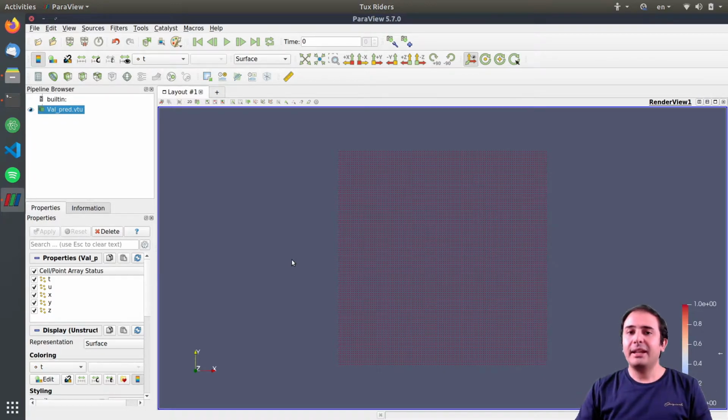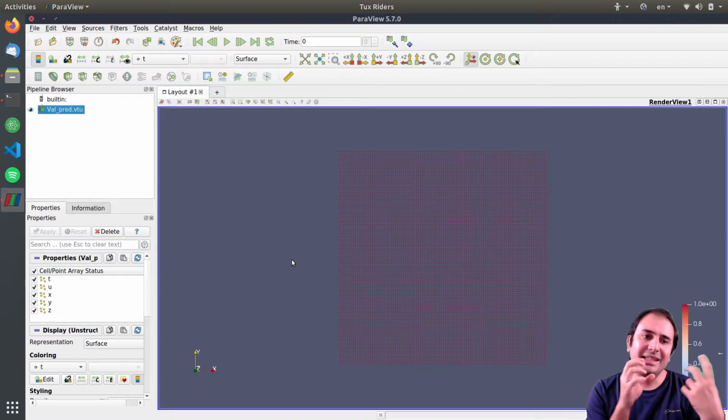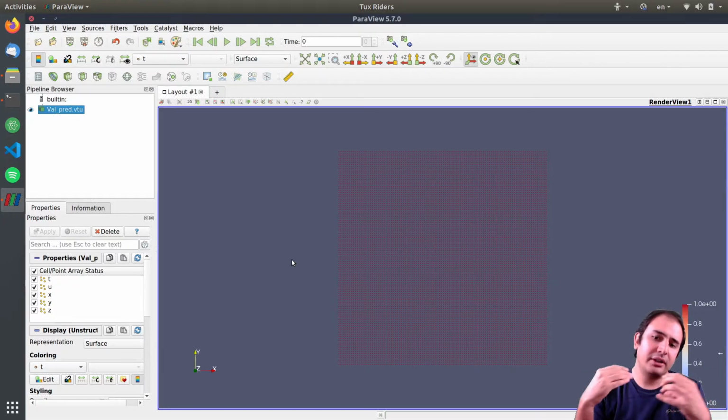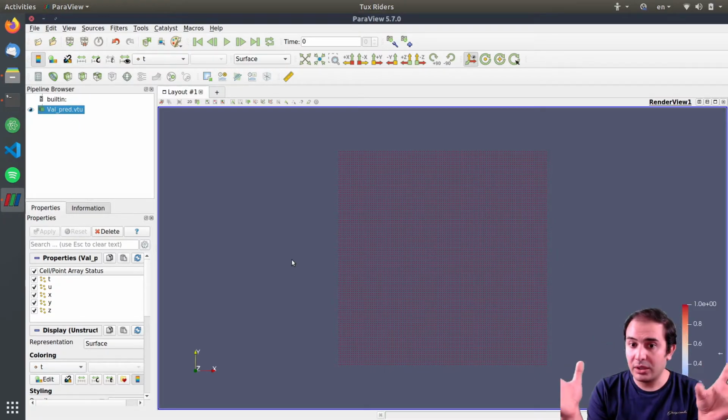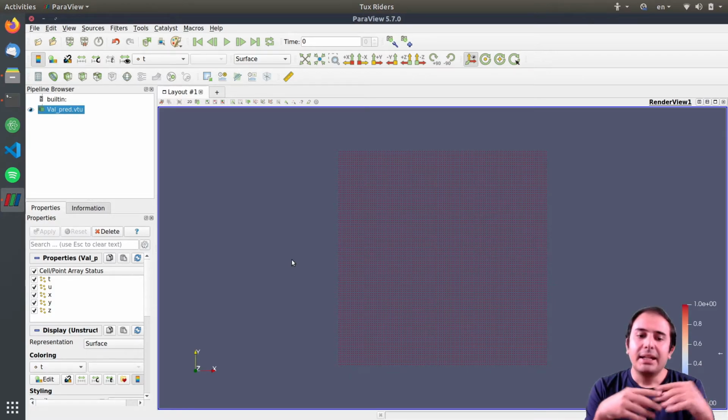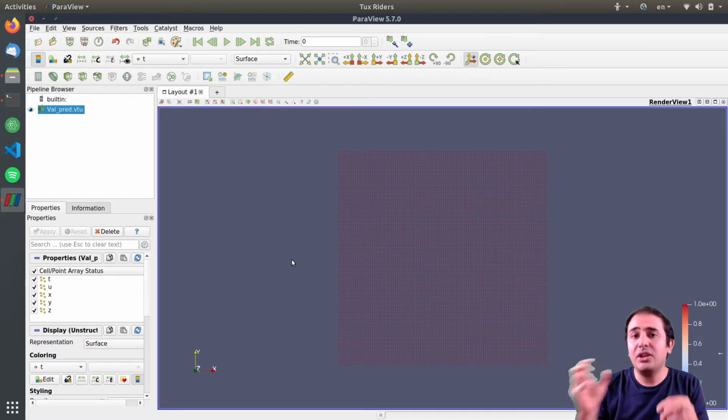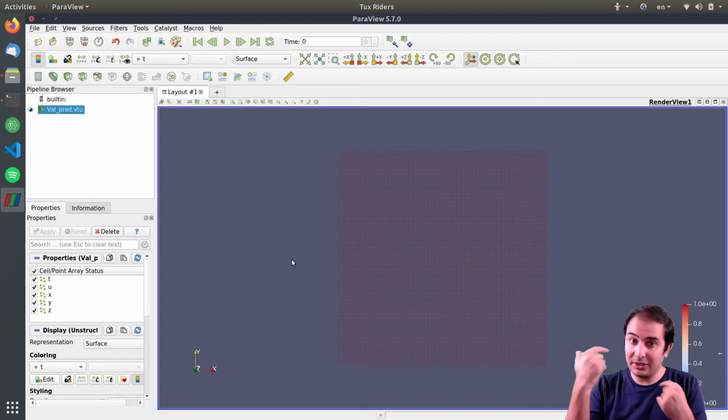One of the techniques I use for myself is to map this t as another axis. This technique works for 2D simulations. I ask ParaView to consider this t variable as, for example, the z-axis. And then I can work with some filters and some animation controls. These are the things that you want to learn here,